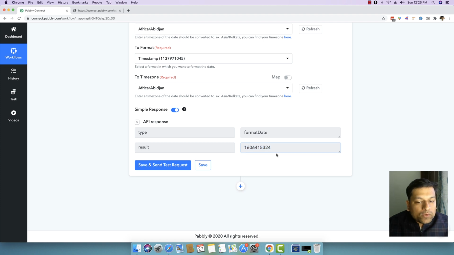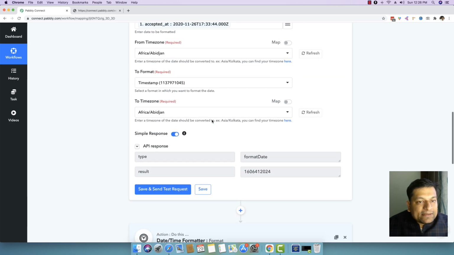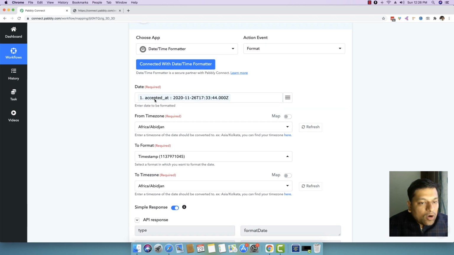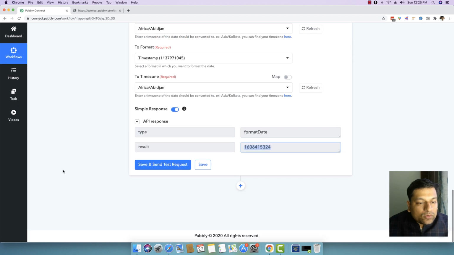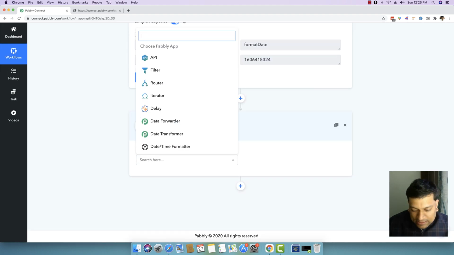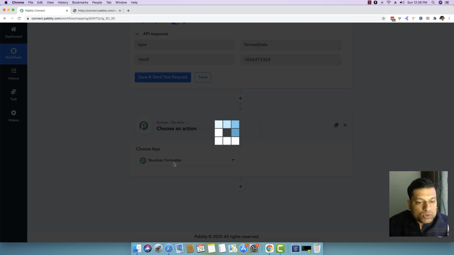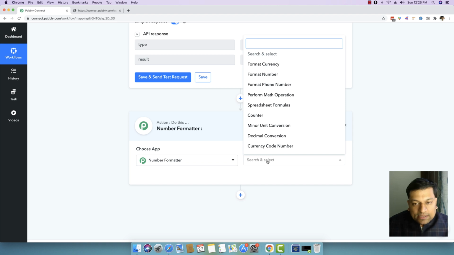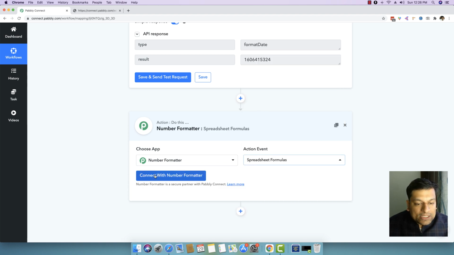Now we will calculate the difference between the fulfillment date and the order accepted date. To calculate that difference, we can use the plus button right here and choose the number formatter. In the number formatter, you have to choose the spreadsheet formulas.